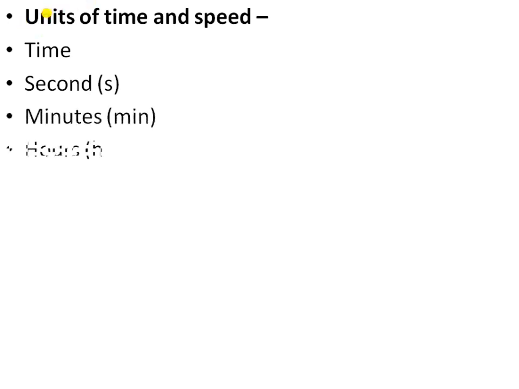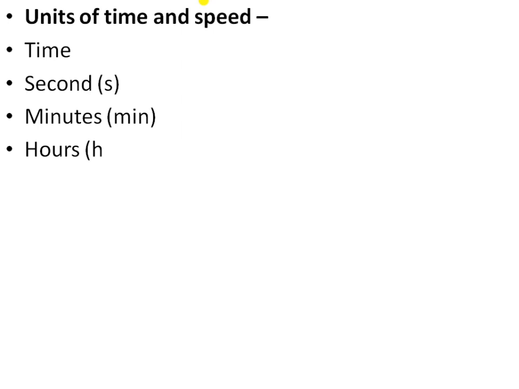So we all know that the standard unit of time is the second. It is denoted as small s. The smallest unit of time that can be measured by a modern day clock or a watch is a second. So second is the basic unit of time, this is the standard unit. Okay, and time is usually measured in minutes, in hours also. So we all know that 1 minute is equal to 60 seconds, and 1 hour is equal to 60 minutes, and 1 day is 24 hours.